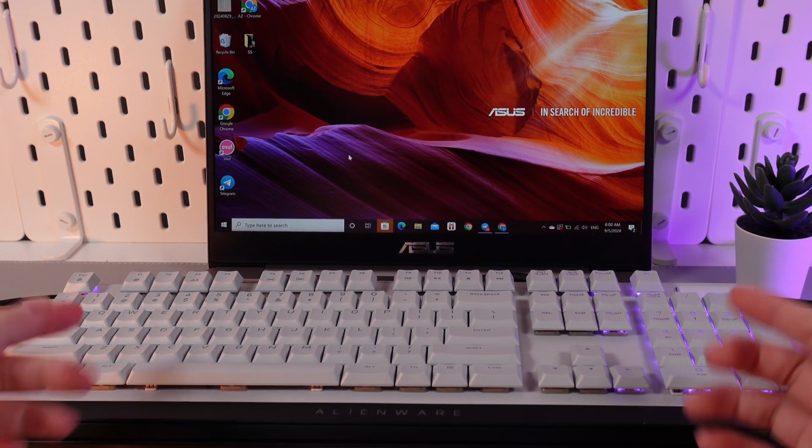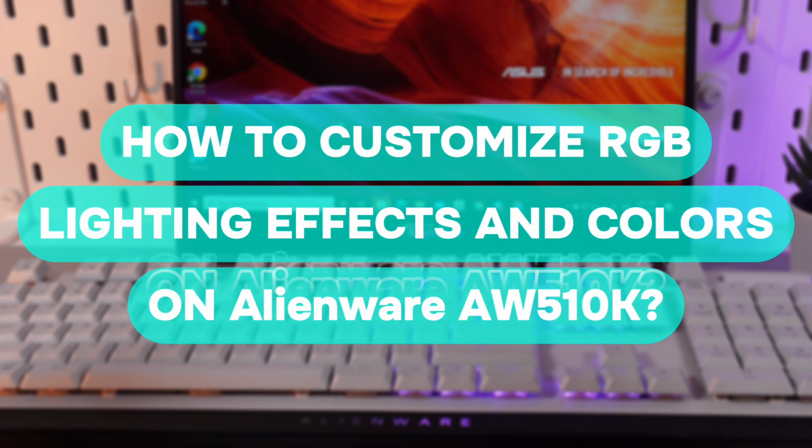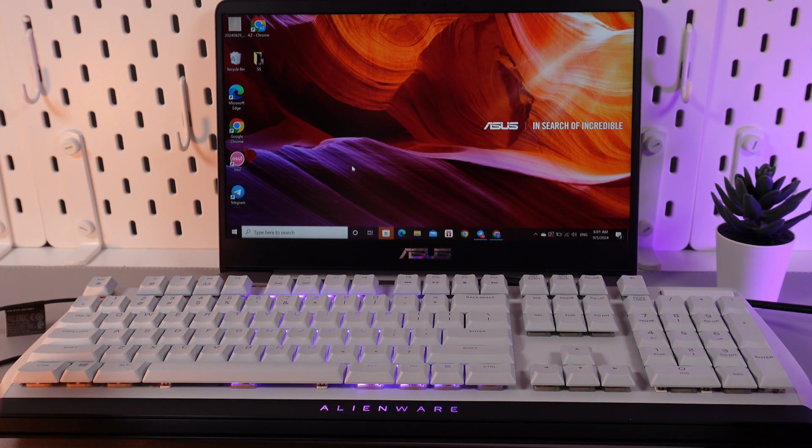Hi there! In today's video, I'll show you how to change the lighting of your Alienware AW510K keyboard. Let's get started. As a first step, we would need to download the Alienware Command Center from their official